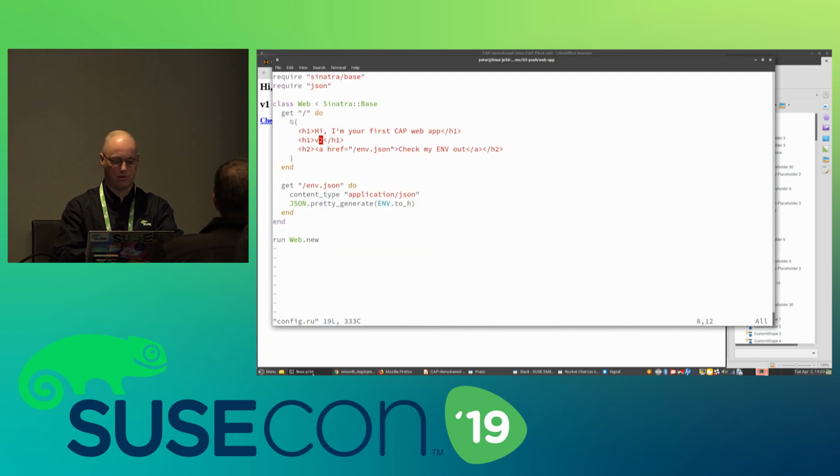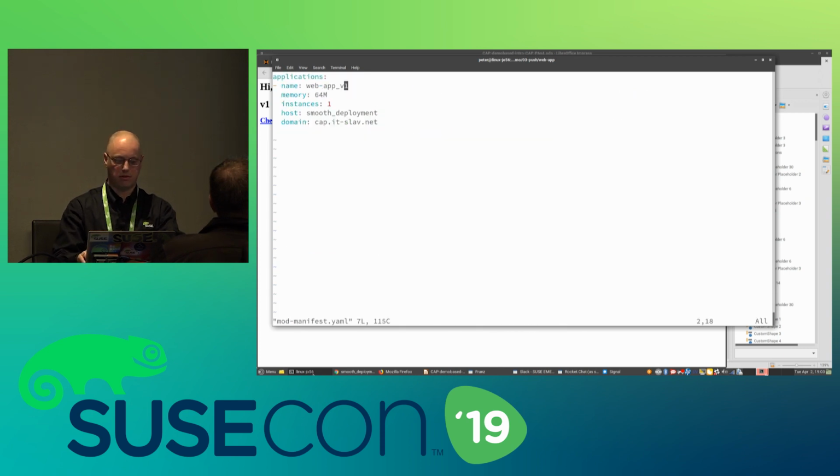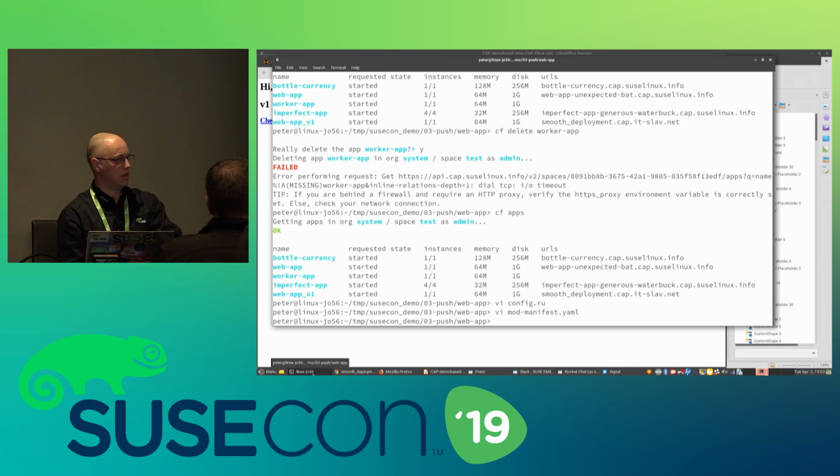So that's what I'm going to do right now. Just change it to version 2, and also modify the manifest, so rename it to something else. But notice that I'm using the same route. So two different applications have the same route, and this is one cool feature with Cloud Foundry: it handles it for me. I don't need to call the networking guys and make sure that they connect everything, and make sure that the load balancers and the other stuff are handling this for me.